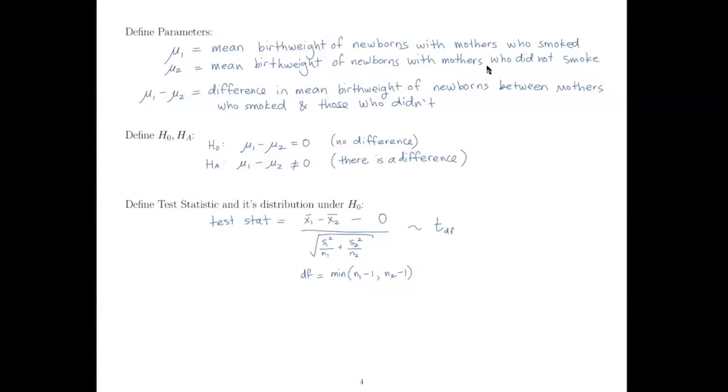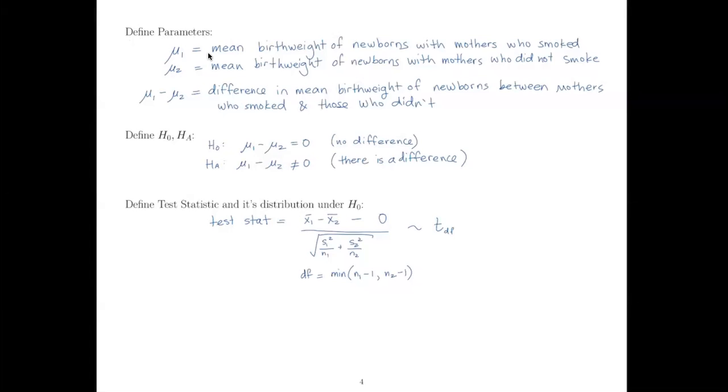So the first thing that we do when we conduct a hypothesis test is we want to define the parameters. So mu1 and mu2, those are going to represent our population means. Remember, parameters always have to do with the population. So this would be all mothers who gave birth in North Carolina in that year, right? And we might even be using it to go broader than that, right? Maybe all in the US, whatever we sort of think is reasonable, as long as we think our sample is